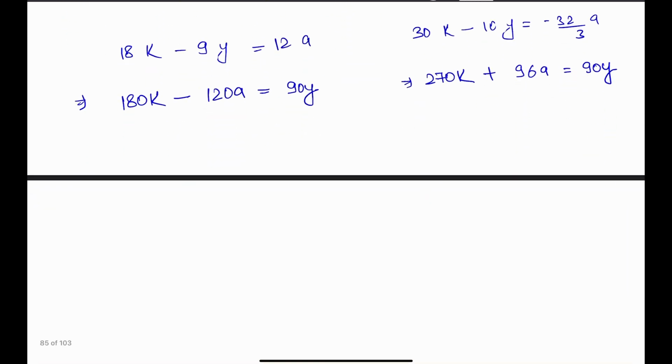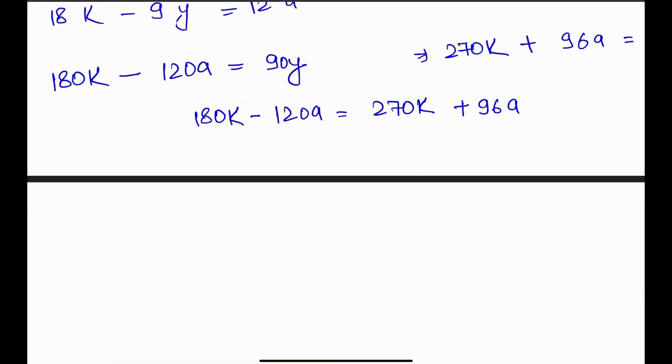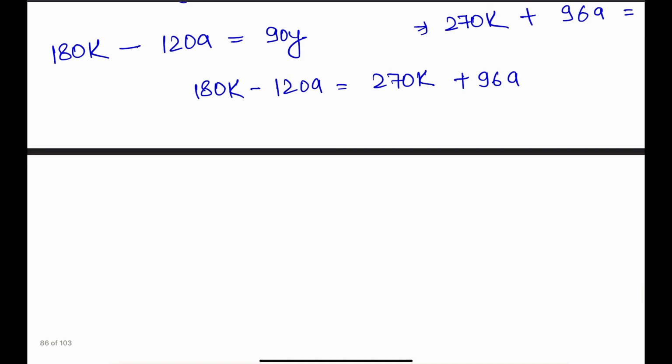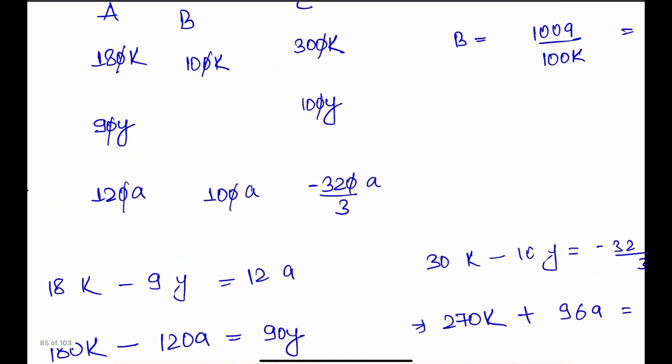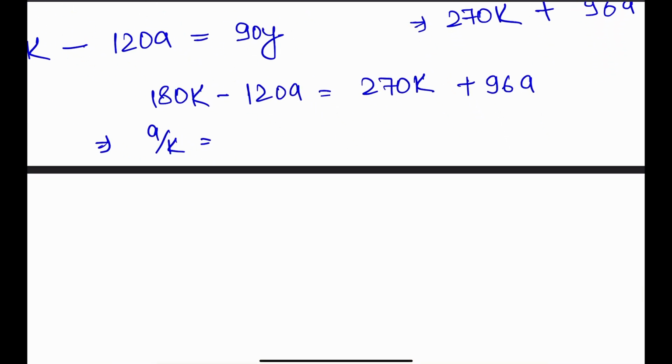So I can also write 180K minus 120A will be 270K plus 96A, right? I need to find A upon K. So my A will be going that side. Let's just write one by one now. So if I'm 90K,